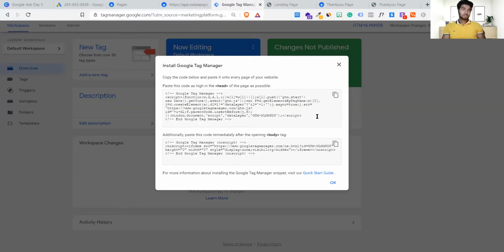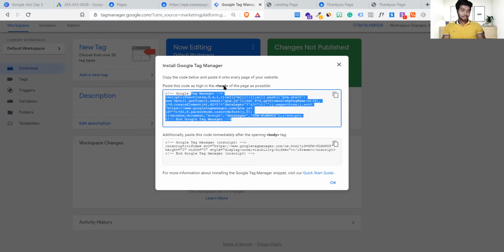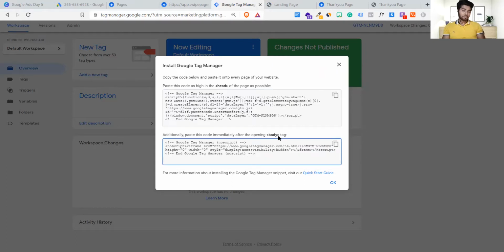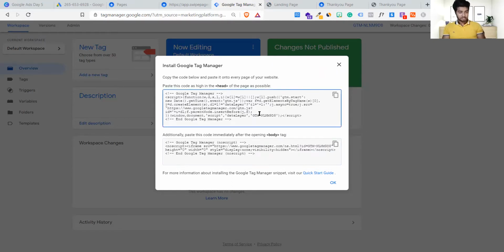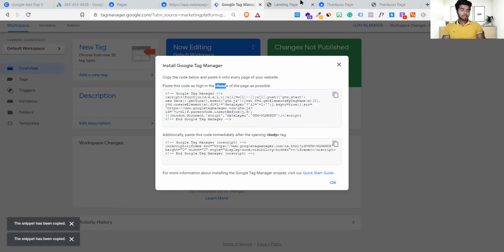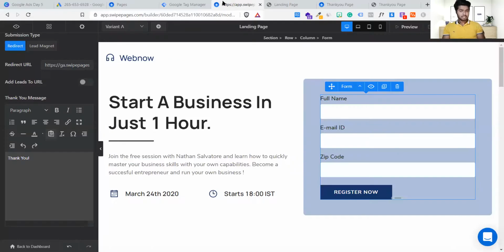Let's come back to Tag Manager. Now just follow these instructions. It says there are some codes which we have to add in the header section, and another code is supposed to get added in the body. How to do it? Let's see. Click on this clipboard. The moment you click on this, it gets copied, and it says you have to add it on head. So guys, if you are using any kind of landing page builder, probably WordPress, anything, there must be some option to add this under the heading section. You can check it on YouTube. Various videos are available.